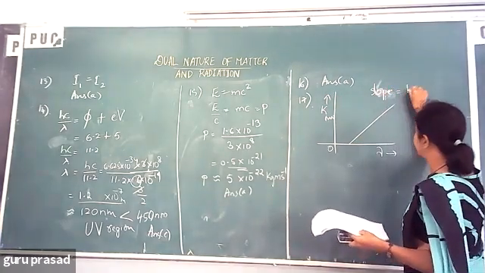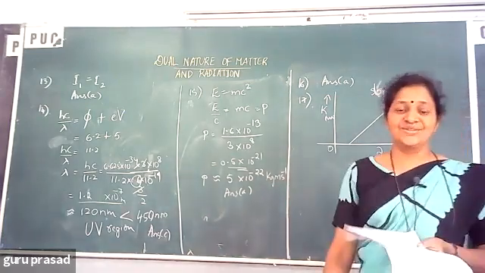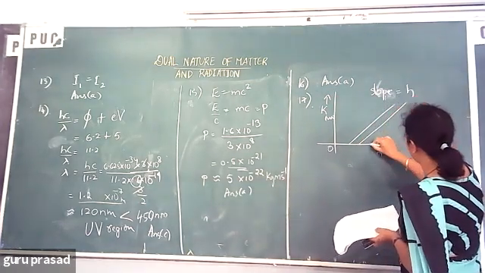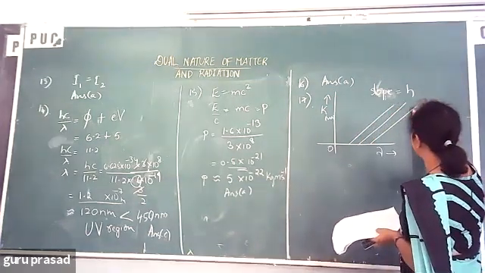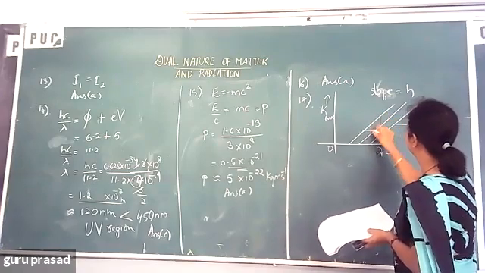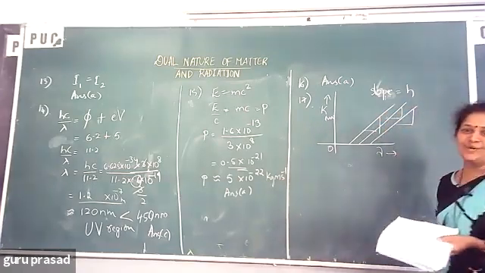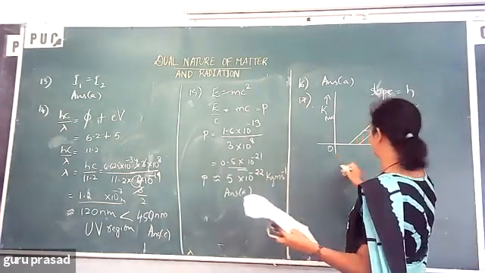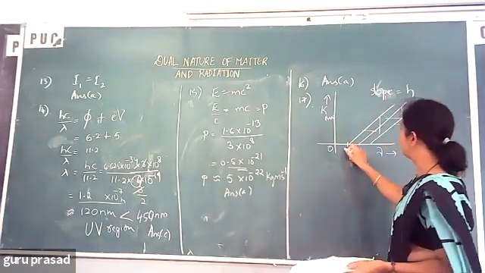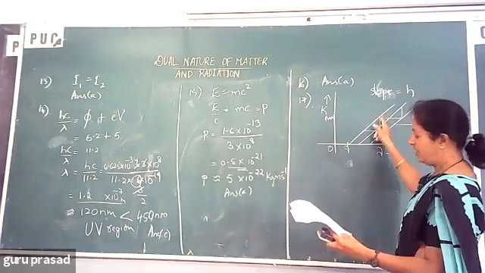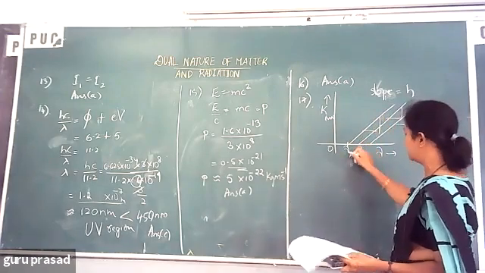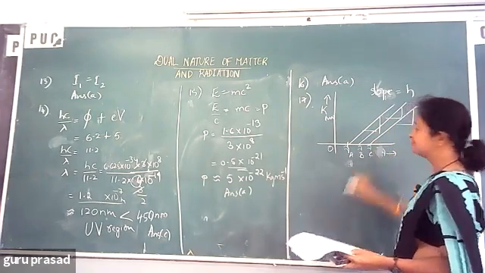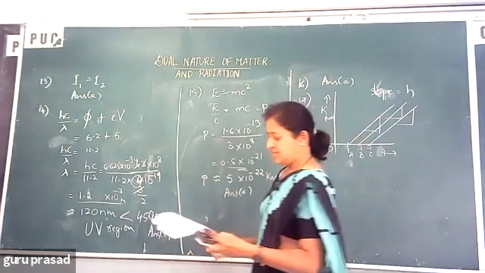And the slope of this gives you what? Planck's constant. Planck's constant should not change, so all of them should be parallel to each other, because in all the cases you get the same Planck's constant, same slope. Understood? So that's why this is the graph, that is C. Answer C. And this is the threshold frequency. For A, threshold frequency. For B, threshold frequency. For C, like that. Minimum frequency. So, answer C.